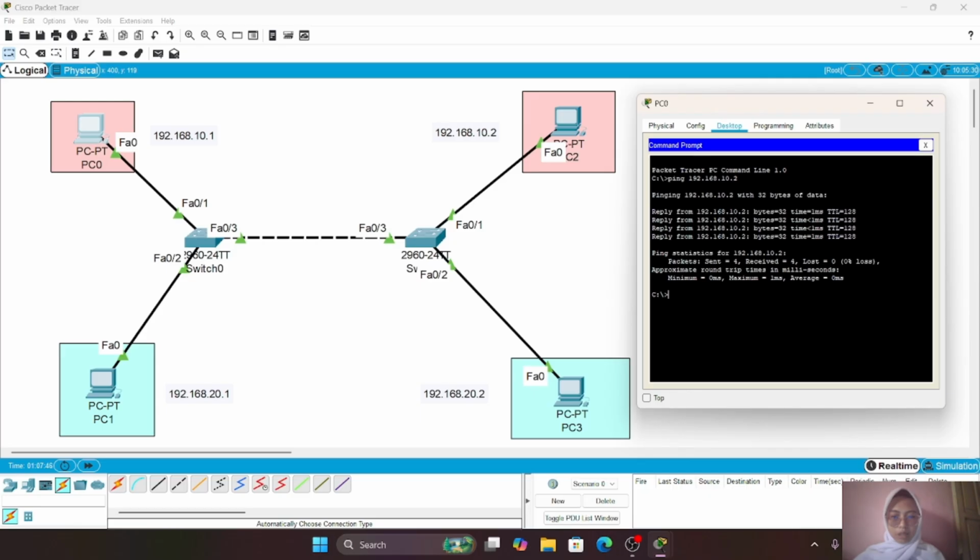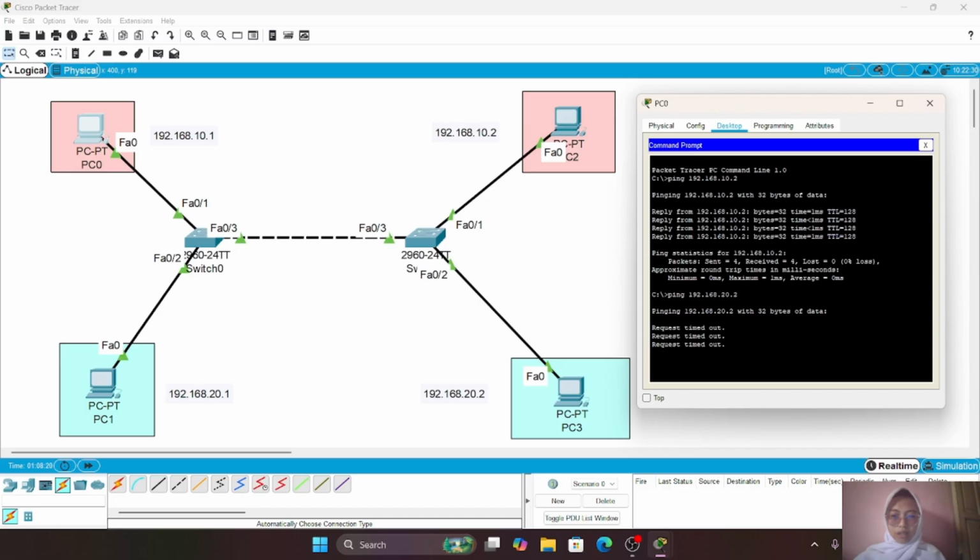Finally, I send a ping from PC0 to PC3. This failed because the devices belong to different VLANs.